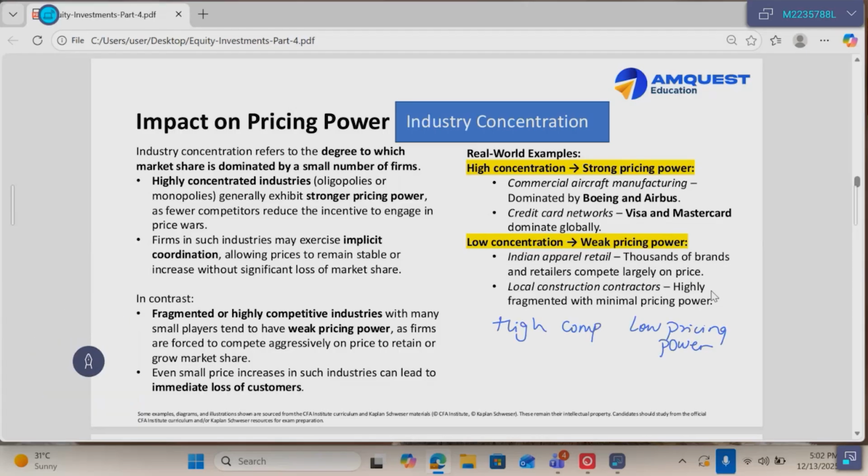Low pricing power means profitability is limited. On the other hand, if competition is low, you can have high economic profits. So economic profits will be covered in economics, but it's supernormal profits, which you can earn over and above your cost. So moving on,